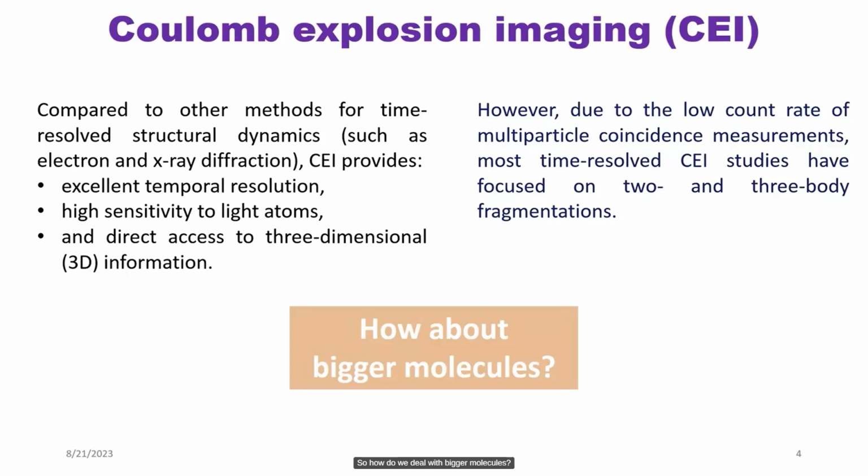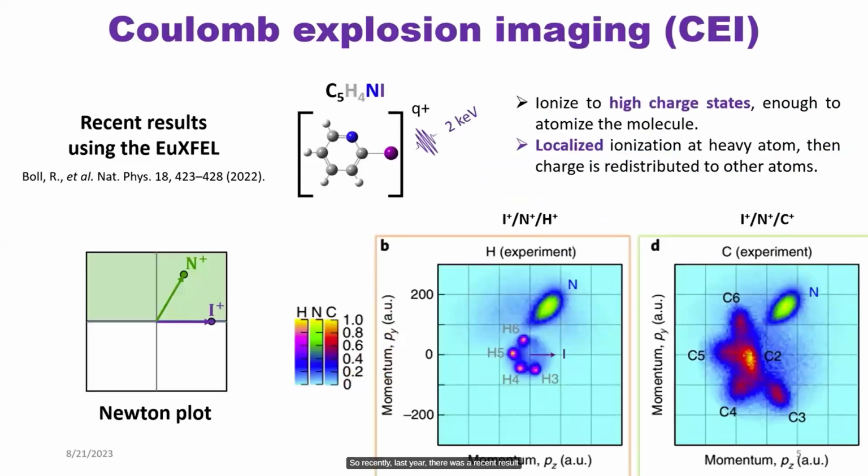So how do we deal with bigger molecules? Recently, last year, there was a result from the European X-ray free electron laser led by Boll. They looked at a fairly big system in the CEI context, with 11 atoms. The molecule is called iodopyridine. It has the iodine here and the nitrogen here, and then the carbon and the hydrogen. They used intense ultrashort 2 keV X-rays to ionize these molecules and dissociate them into multiple